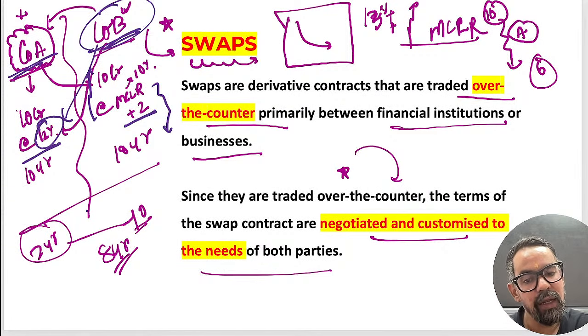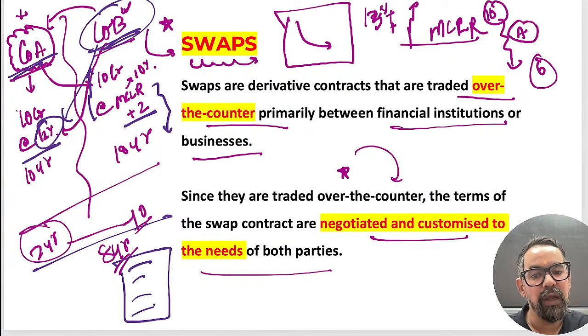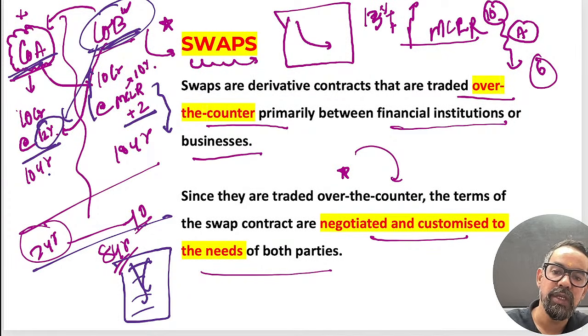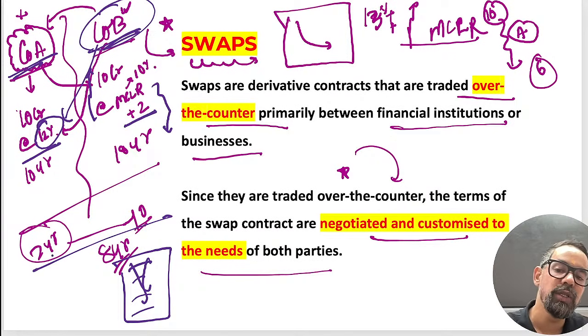So what they did, at the end of the second year, this is their expectation. So for the remaining 8 years, they enter into a private contract where they exchange, they have switched the position, fixed versus floating. A shifted to floating, B shifted to fixed. So whatever the differences there will be, they'll exchange with each other. That is your swap contract.